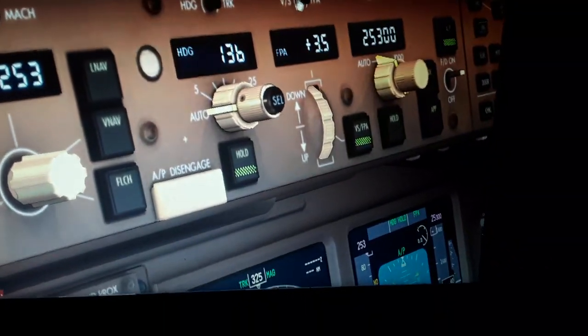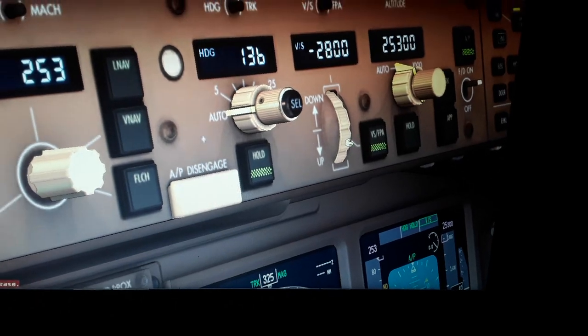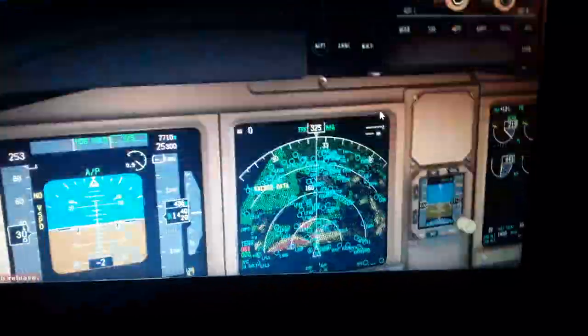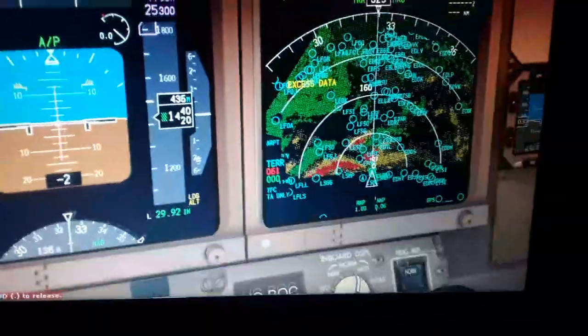So again, maybe we can set a descent rate of minus 2,800. You will see over here the vertical rate of climb and descent. And if we set the plus now, a positive climb,